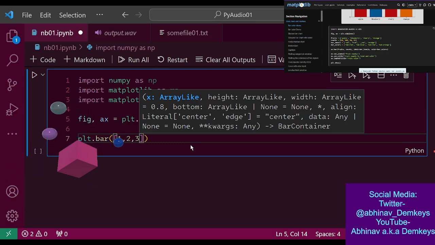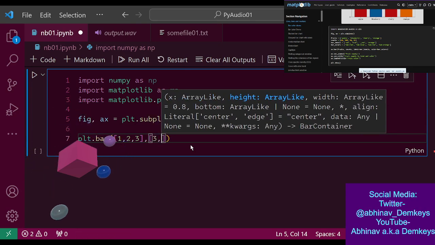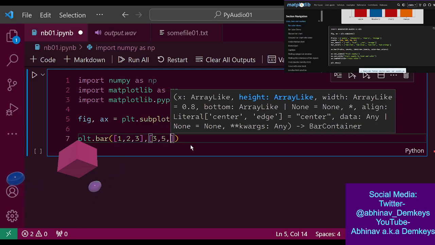How does the x-axis go? It's the placement, right? And then the height is the y value. Okay, yeah. So we have 1, 2, and 3, and then this one should be, let's say, 3, 5, 1.